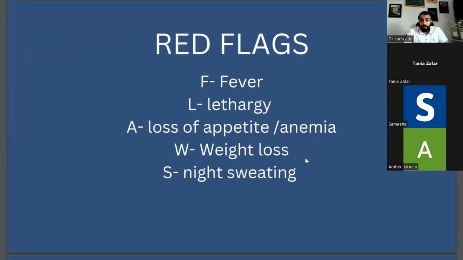For ruling out the red flags, there's a mnemonic known as FLAWS. F stands for fever, L stands for lethargy, A stands for loss of appetite or anemia, W stands for weight loss, S stands for night sweating. For the fever, you can ask a simple question: are you running a fever? For lethargy: do you feel tired lately? For loss of appetite: has there been any change in your appetite? For anemia, you won't ask the patient straightforwardly, do you have anemia. You will ask in such a way that: do you feel the racing of